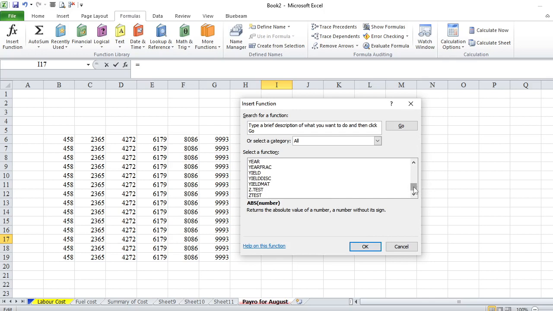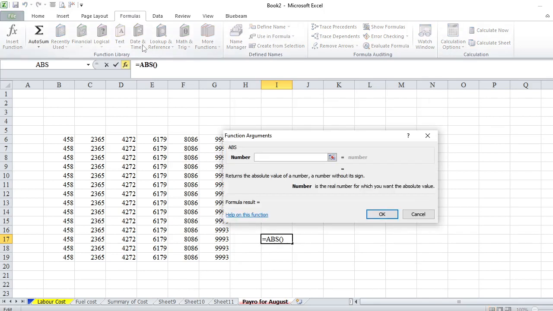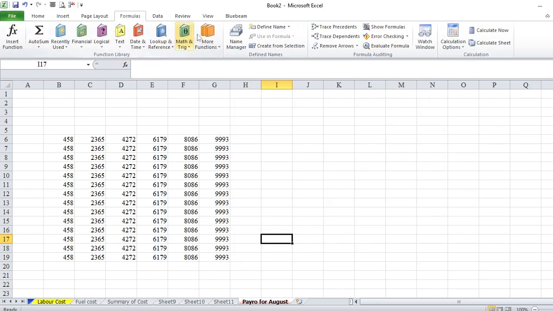So you see, can we put all those formulas here on this table? It's impossible. So we will select. How to select, we will see later. They are categorized in different groups. For example, there are insert functions, auto sum, recently used, financial, logical, maths and trigonometry. There are a lot of formulas, conditional formulas, and so on.